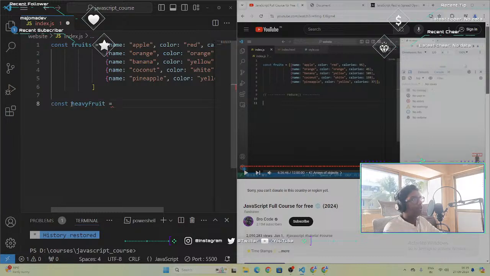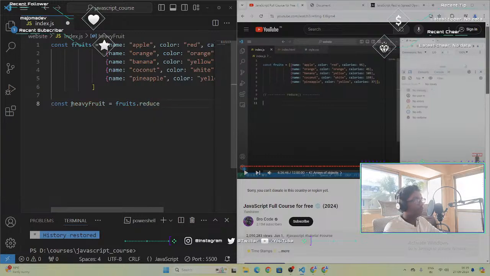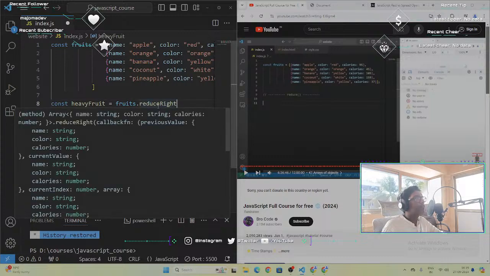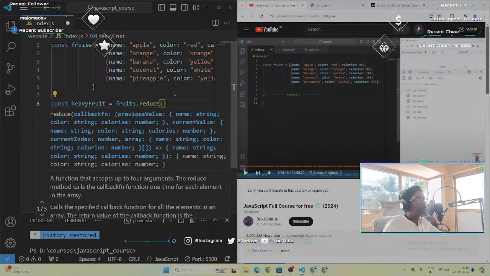So we'll use the reduce here. What is reduce, right? Maybe it reverses the array or something. All right, so fruit should reduce